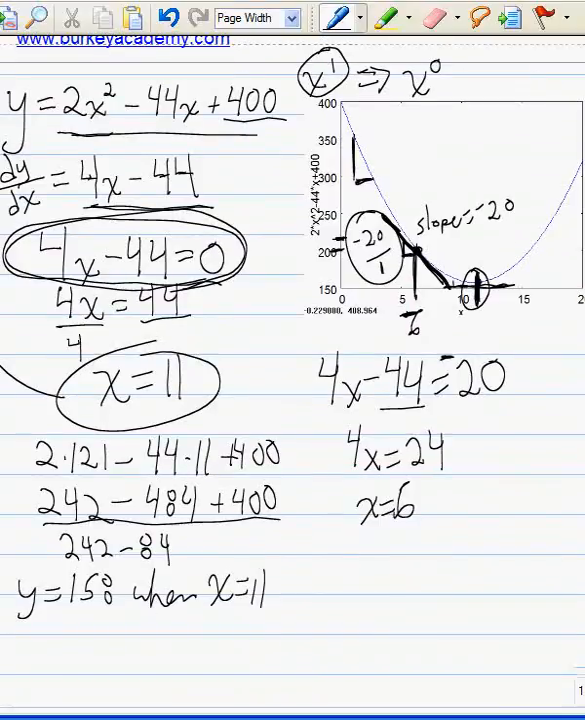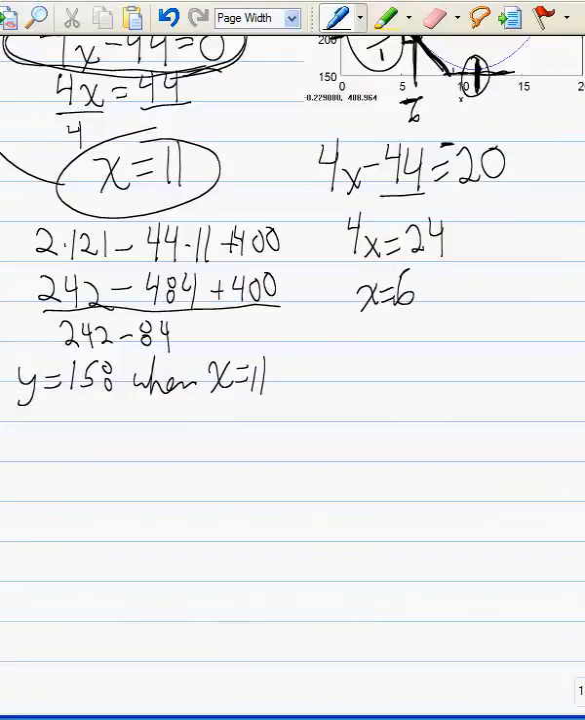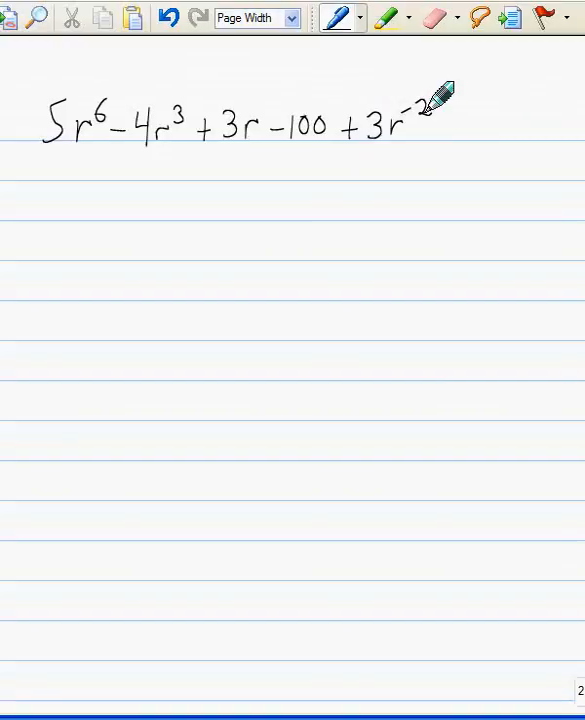So let's practice a little bit what we know now and take it to a little bit more extreme kind of example. So if we have a polynomial, it doesn't have to be just a quadratic. We might have something like, say, 5 times, it doesn't have to be x, 5r to the 6th minus 4r to the 3rd plus 3r minus 100. And we can go even into negative powers, plus 3r to the minus 2,